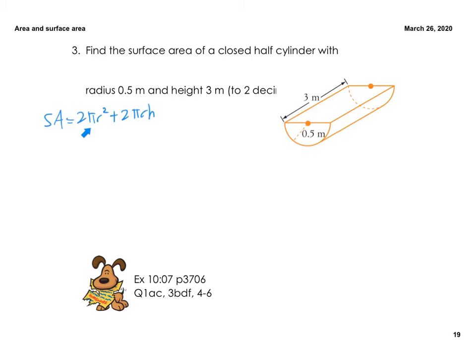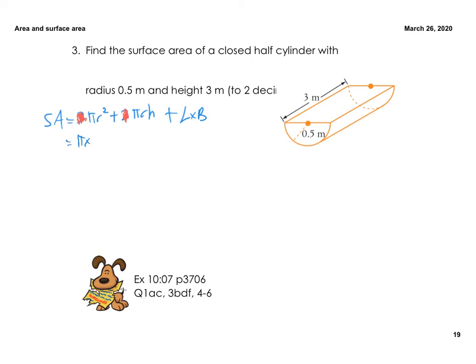Obviously, with the circles, we've divided the whole thing by 2. So these 2 half circles actually make a whole circle, so really this 2 can disappear. Same logic here. This entire rectangle, we've now halved it, so this 2 can also go. So pi r squared plus pi r h. But we have an additional rectangle, so we're going to add an additional length times breadth. So halve these and add an additional rectangle. Now we sub in